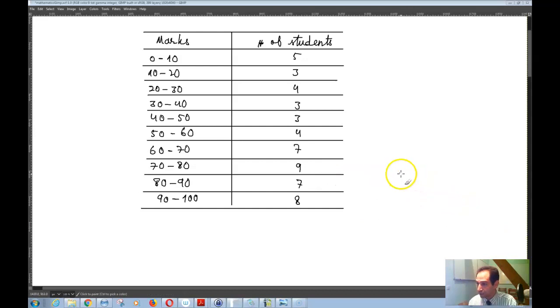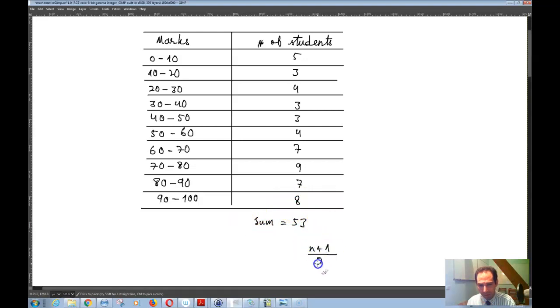Okay, so that's the data that we have, and we want to find the median of this data. The problem is that the number of students, if you add these together, you will get, I think, 53. The sum of all of this would be 53. So if that's the case, 53 is an odd number, so you would get n